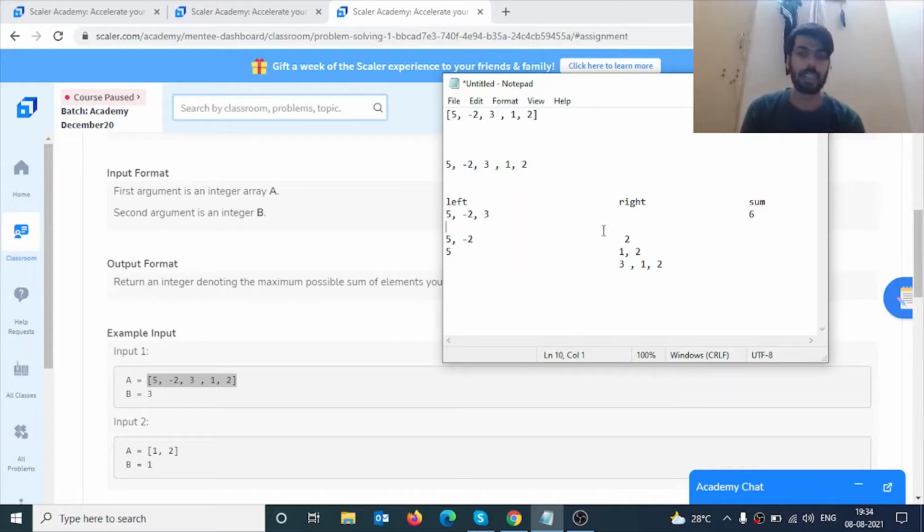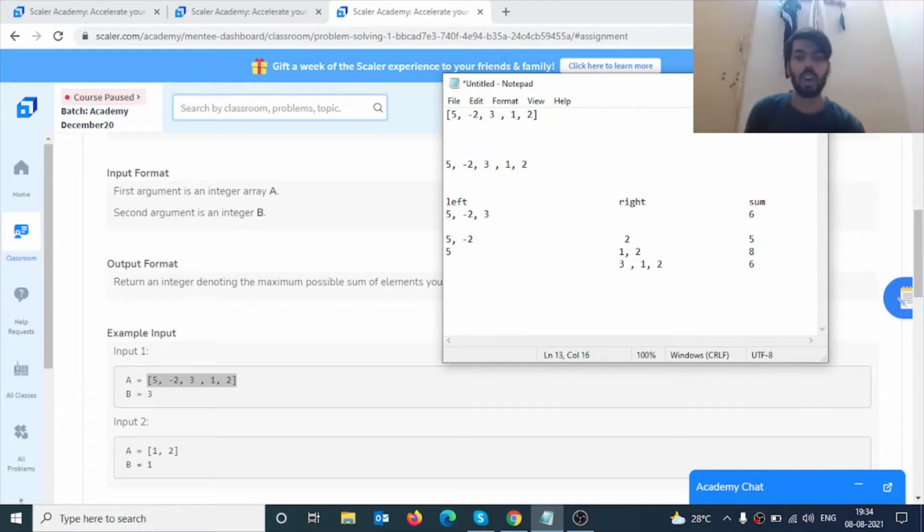And the sum of these 3 elements will be 5 minus 2 plus 2, which will be 5. The sum of these three elements will be 8, and the sum of these three elements will be 3 1 4 2 6.